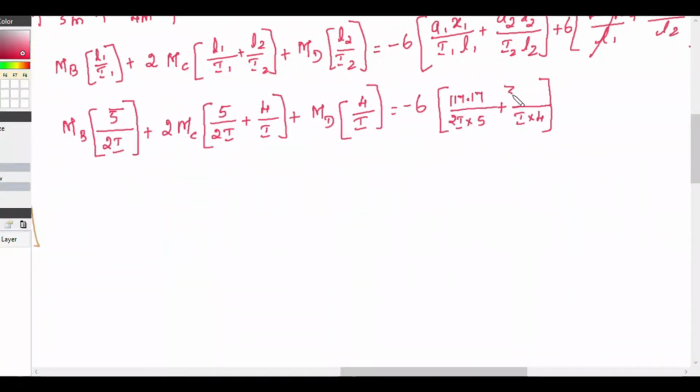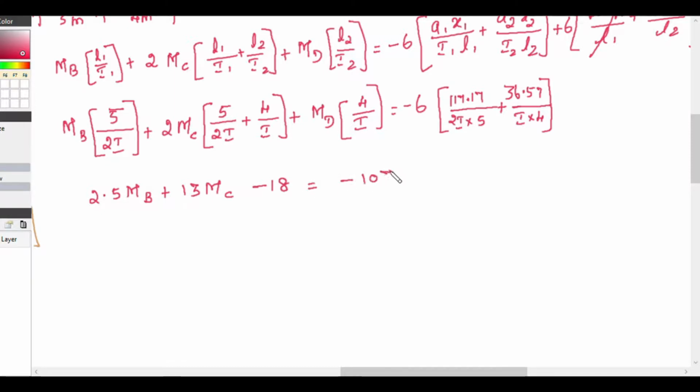So what we get, simplifying this, is 2.5 MB plus 13 MC minus 18 is equal to